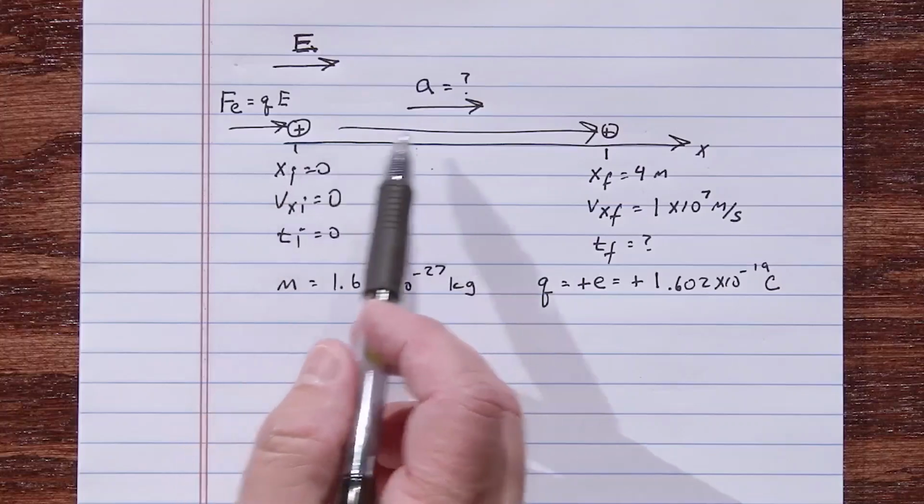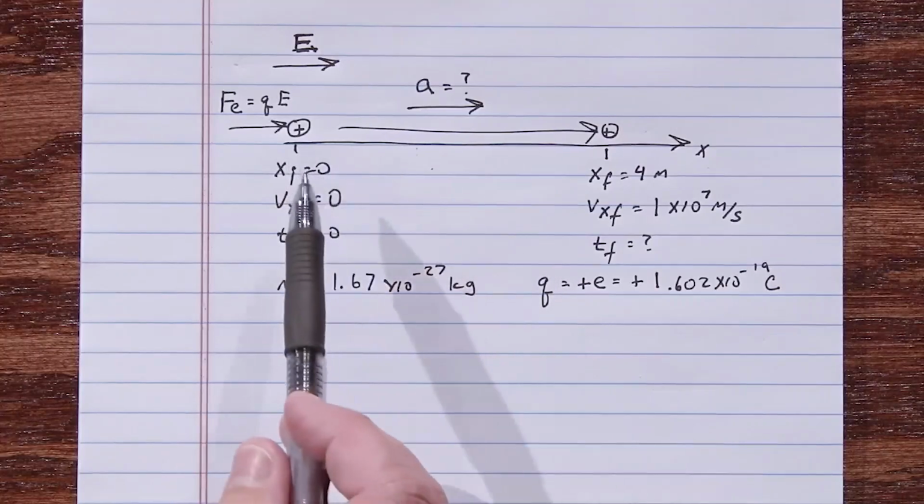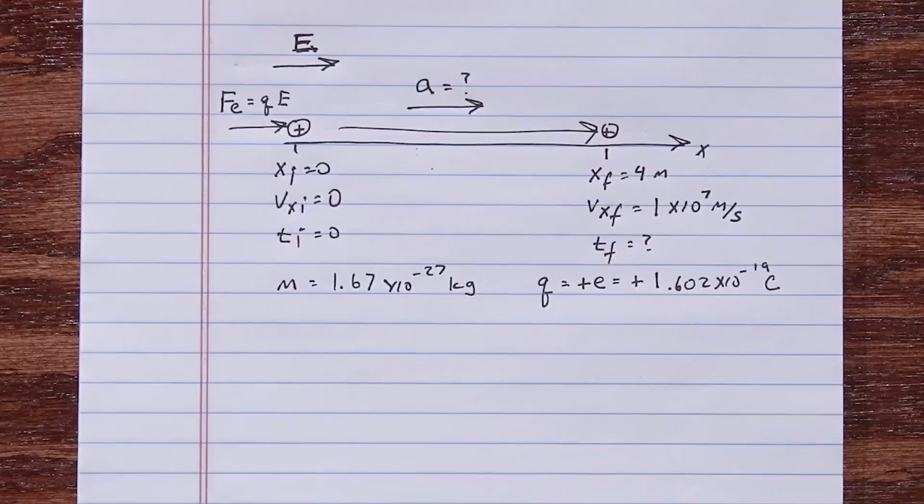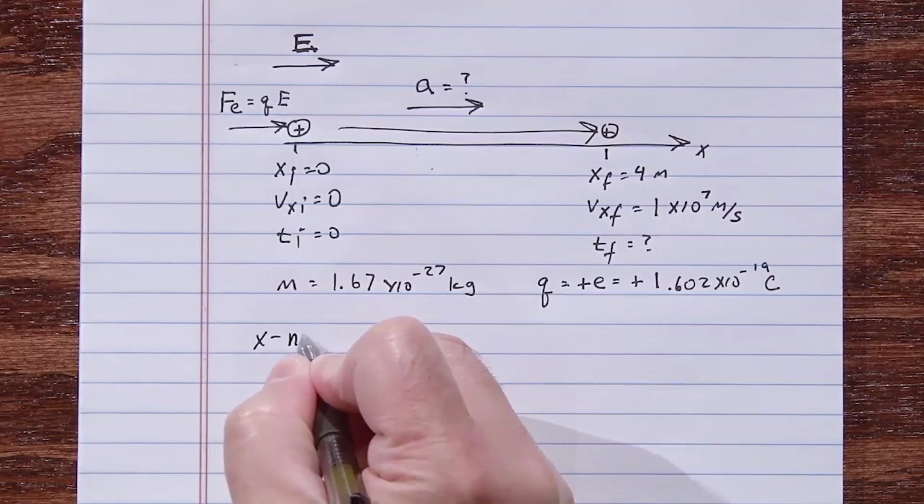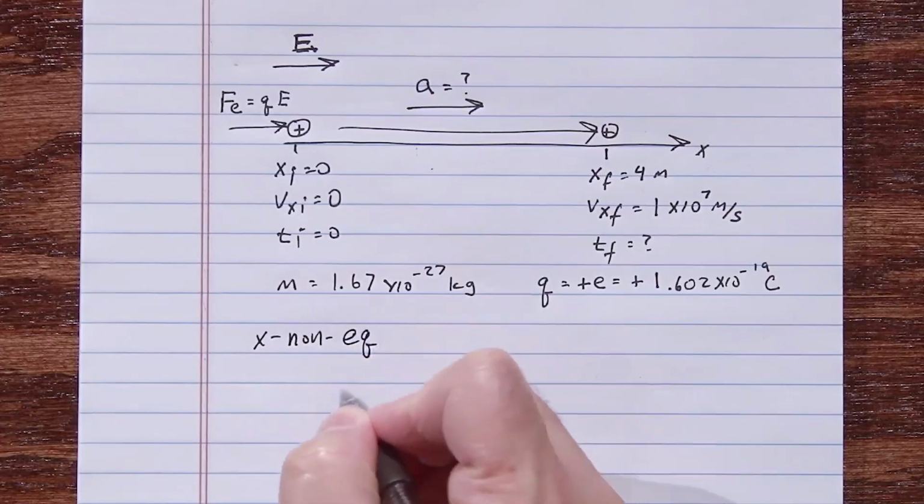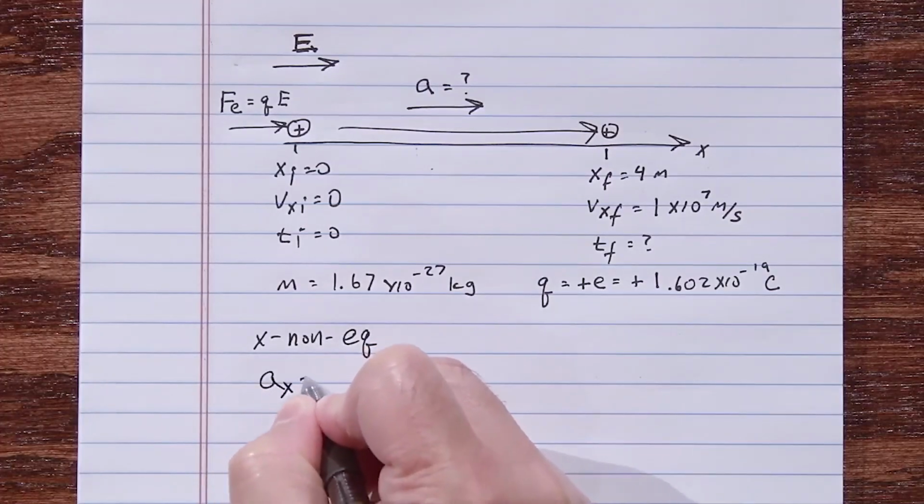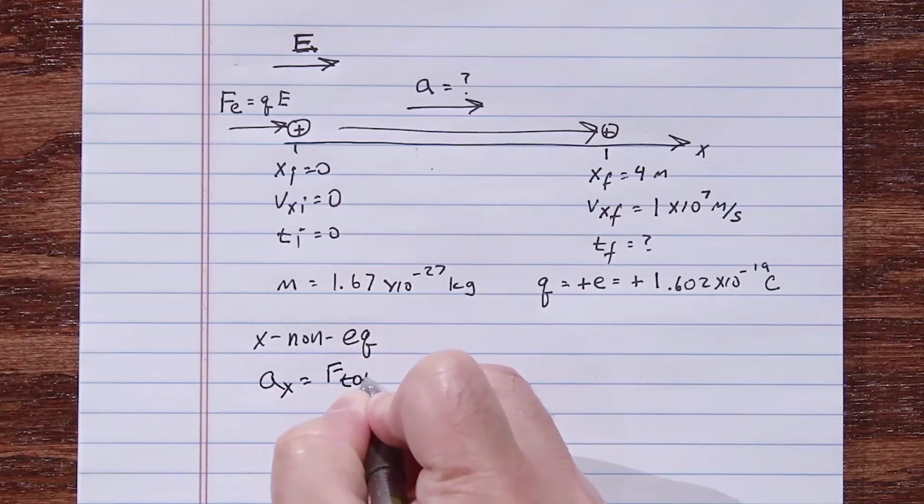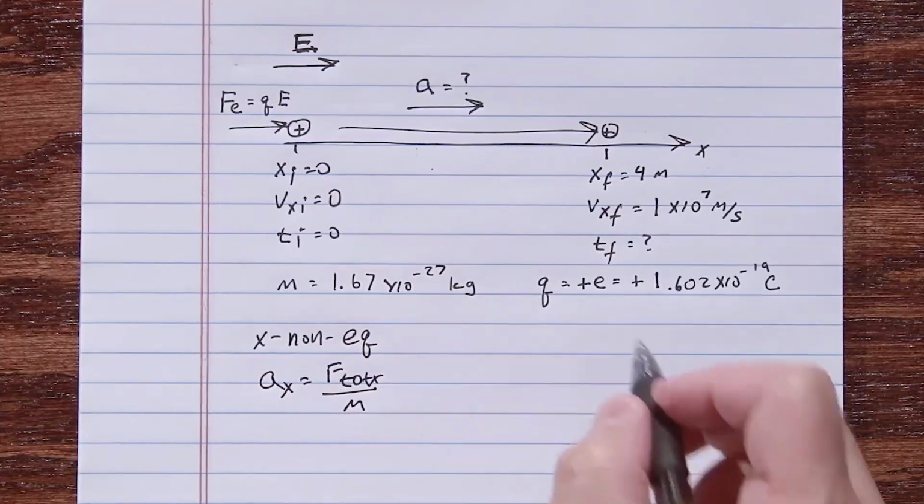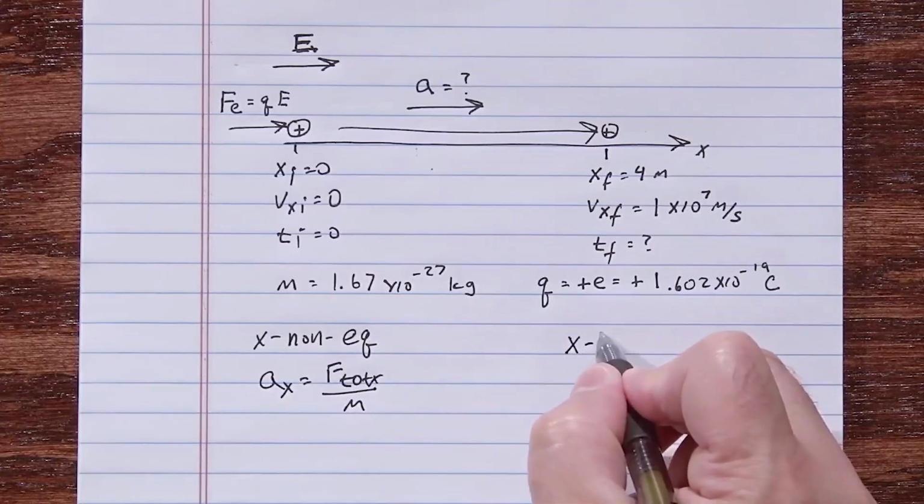So now we have to bring in our physics concepts, and the two concepts that we're going to bring in are Newton's second law, or non-equilibrium, because the proton is at rest but it doesn't remain at rest, it accelerates, and kinematics, because the particle moves from here to here. So we would have an x non-equilibrium equation, which is ax is equal to the total force in the x direction divided by the mass. And we would also have an x kinematic equation,